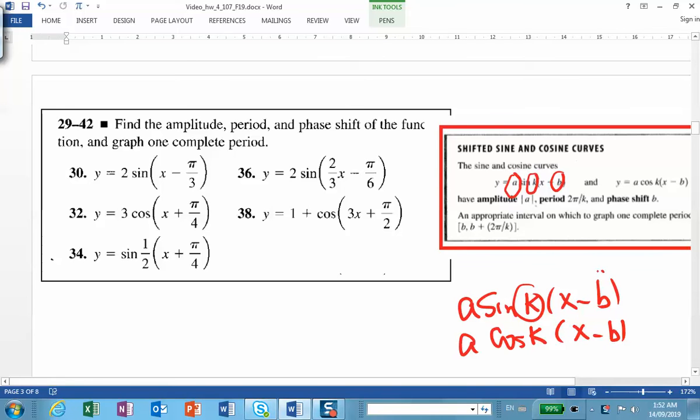And these frames that you use in order to write a basic shape of the curve. In the previous problem, there was no phase shift involved. Therefore, we always did it from 0 to the period. But here, there's a phase shift involved. So the convention, at least in this book, is to do it between B, the phase shift, and the period. Okay, so let's identify these problems. If you look at problem number 30,